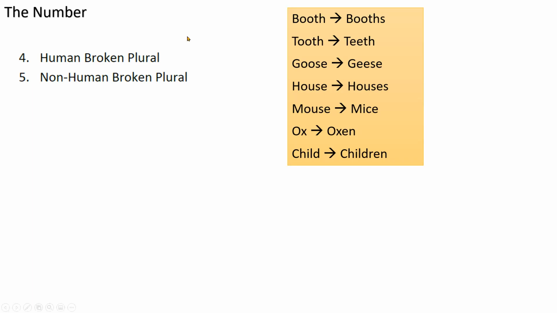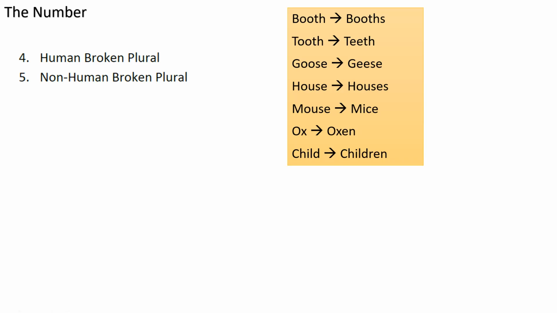So there is no rule for broken plurals. Our chart was a formula: we know that una is rafa, ina is nasab and jar. So there is a formula for that, the un sound and the an sound. Broken plurals still follow some patterns, but how are we going to know that this is the broken plural of this singular word? There's no way to know unless you memorize them and come across them again and again.